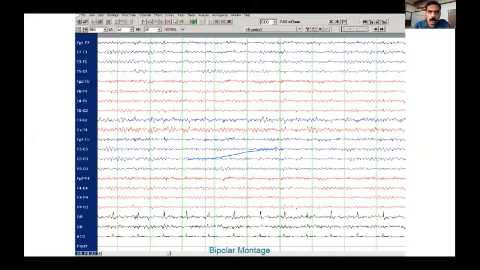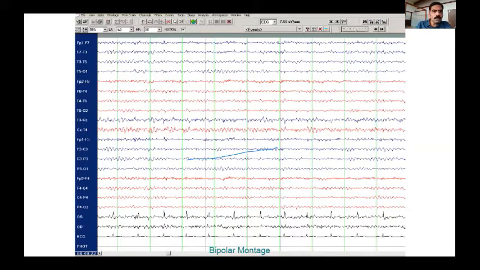Okay, so what happens in EEG is we are recording the tiny electric activity from the neurons. So it's not possible to record this on the paper. So what we do is we amplify the waveforms and then we record on the paper. When we amplify, we not only amplify the real activity from the brain, but we also amplify a lot of other activities happening in the environment. So we need to filter the waveforms which are not important. So we put filters so that the waves which are important for the clinician are amplified. For that we use these filters, low frequency and high frequency filter.